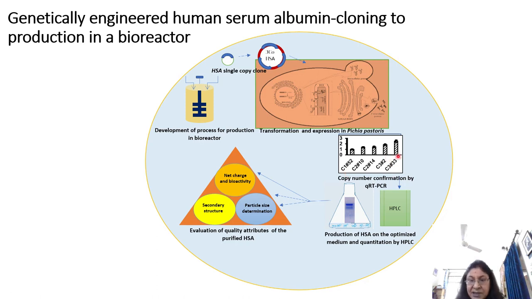If you have 3 expression cassettes, or 2 expression cassettes, or a single expression cassette, you see that as the copy number is increased, the level of transcripts, the level of mRNAs which are going to eventually give you the human serum albumin protein, also starts to increase in a linear fashion. That's very good, because as the copy number is increased, we are able to get a much higher level of transcripts. So both things, copy number is confirmed, and at the same time the level of transcripts was also measured.